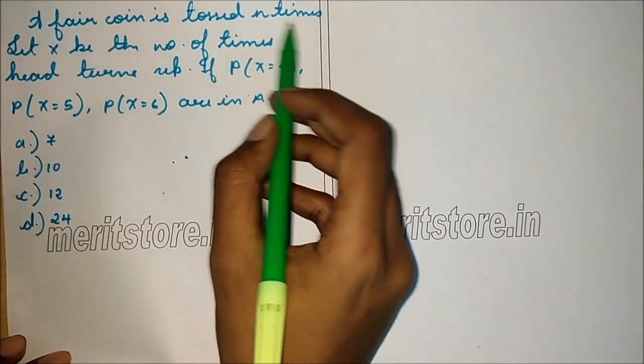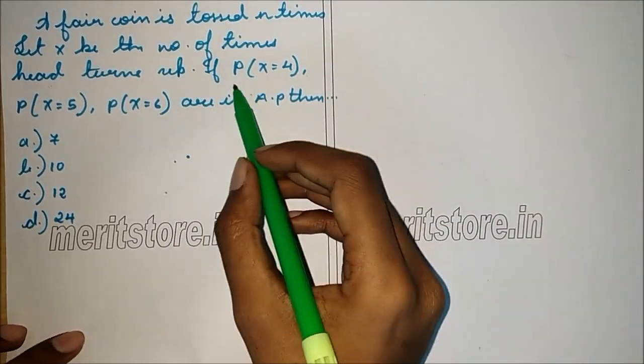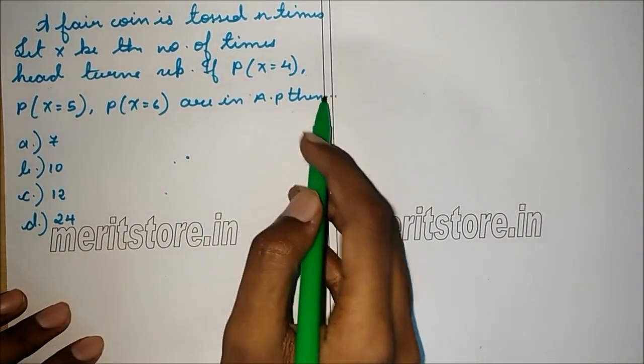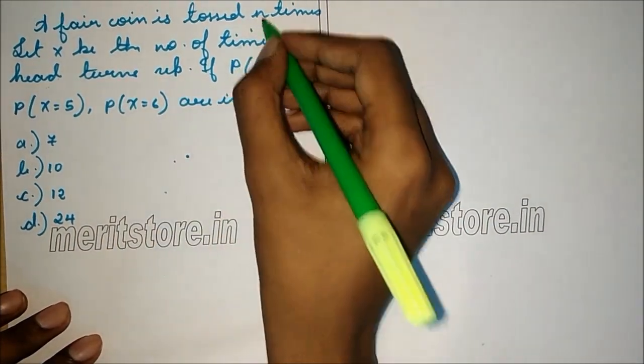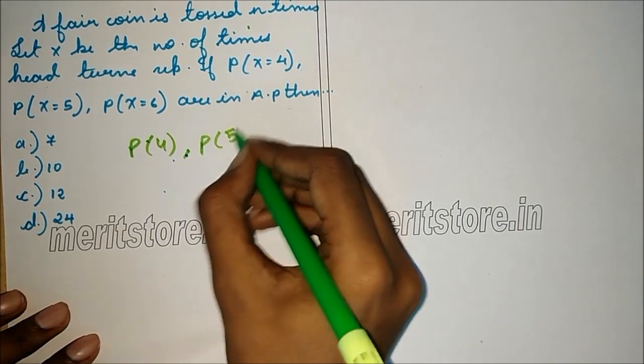A fair coin is tossed n times. Let x be the number of times heads turns up. Probability of x equals 4, x equals 5 and x equals 6 are in AP. Then the value of n is what? So we have to find the n such that p of 4, p of 5 and p of 6 are